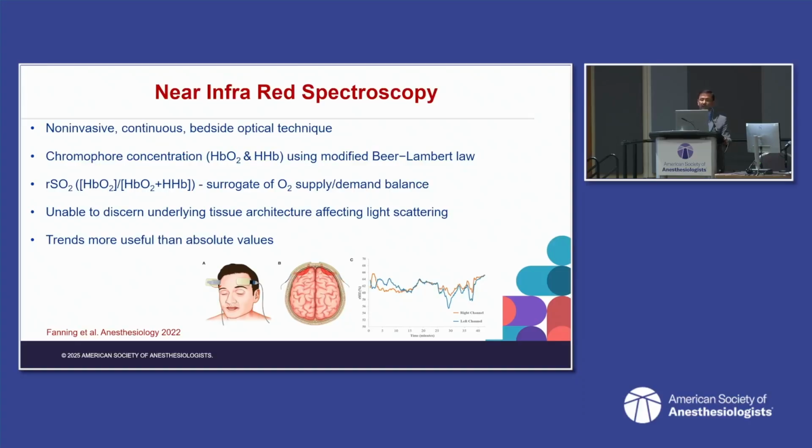Essentially, the probe has these light-emitting diodes here, and the reflected signals are captured again, and then the regional oxygen saturation is actually calculated. So basically, the regional oxygen saturation serves as a surrogate of the balance between supply and demand of oxygen. But obviously, the information is limited to the frontal part of the brain, and that's definitely a